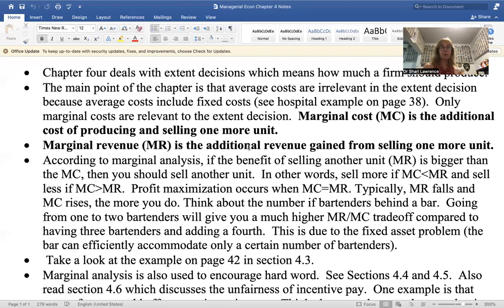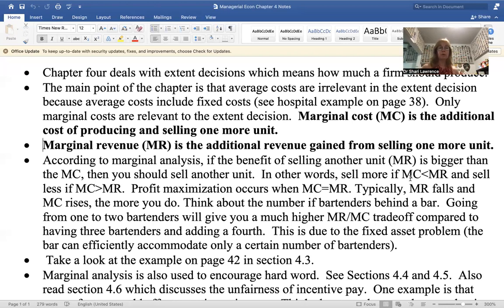Just to repeat, the main point of this chapter is that if you're trying to figure out how much of a product you should produce, or how much of a service you should provide, you look at marginal revenue versus marginal cost. If marginal revenue is greater than marginal cost, you're going to continue to sell more. You keep selling more up to a point where marginal revenue is less than marginal cost, or marginal cost is